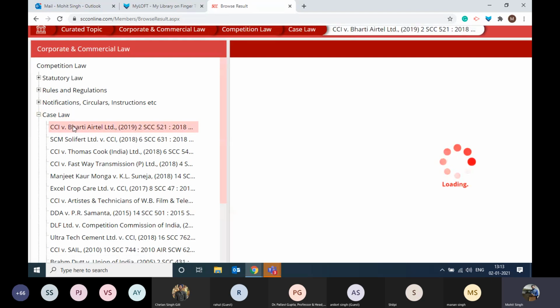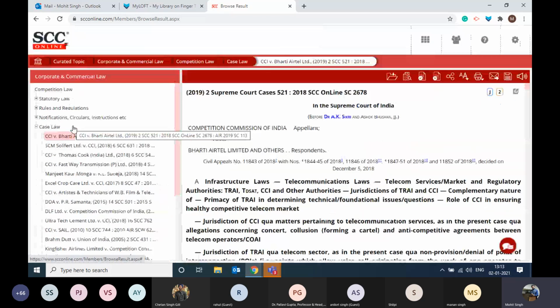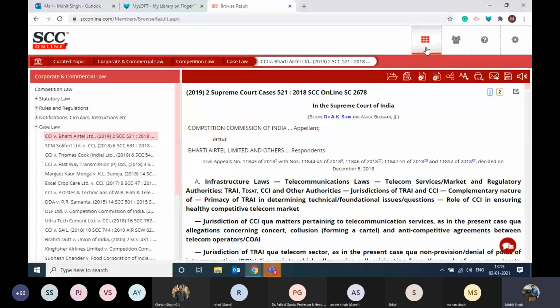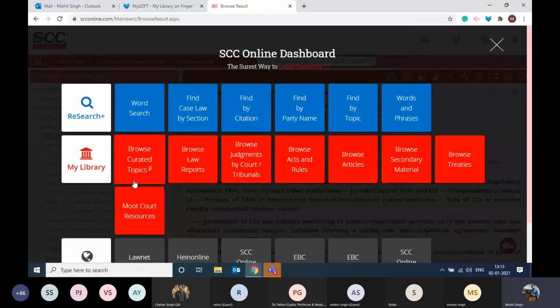So sometimes if you have a query that I want the most important documents on family and personal law in terms of judgments, certainly you can go with this style, click on the family and personal law category, click on the case law, and all the important judgments will be right in front of you. And again, you can email it, save it, or print it, whichever you want. So this is one stop through which you can get to know different types of documents very easily. So this was browse curated topics style.